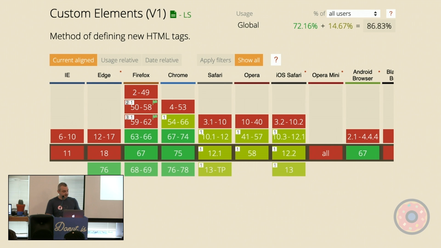Another major piece of web components is custom elements. Like Shadow DOM, they will be supported soon by every major browser except, again, our dear friend IE11. Custom elements allow us to register web components as a DOM element, so we can just instantiate our code wherever we can write HTML. So web component browser compatibility is strong, but aside from the strong browser compatibility, web components also happen to be